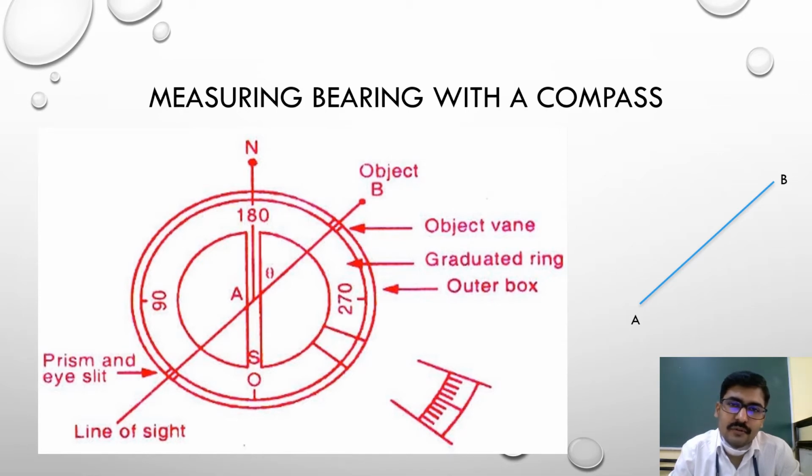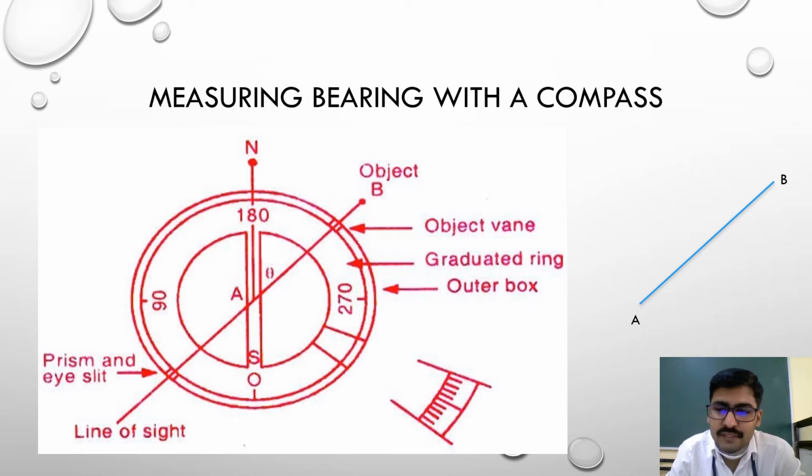You should also know how to convert fore bearing to back bearing, in the sense how to find the back bearing when the fore bearing is known. The difference between fore bearing and back bearing will always be 180 degrees. Remember this, because to get the back bearing of the line when the fore bearing is given, you either add or subtract 180 degrees. If the fore bearing is less than 180 degrees, you add 180 degrees to get the back bearing of the line. And if the fore bearing is greater than 180 degrees, you subtract 180 degrees from the fore bearing to get the back bearing of that line.